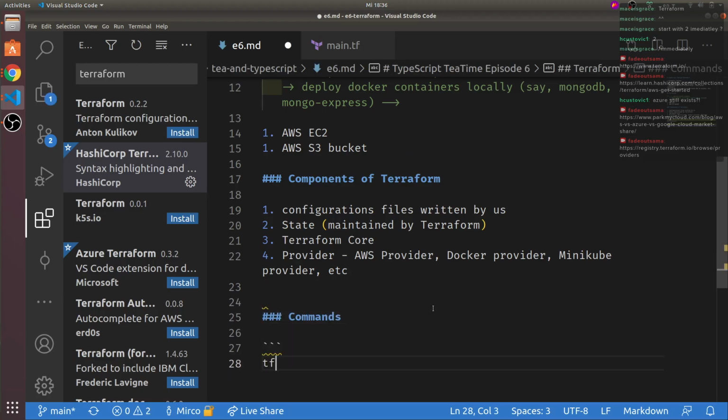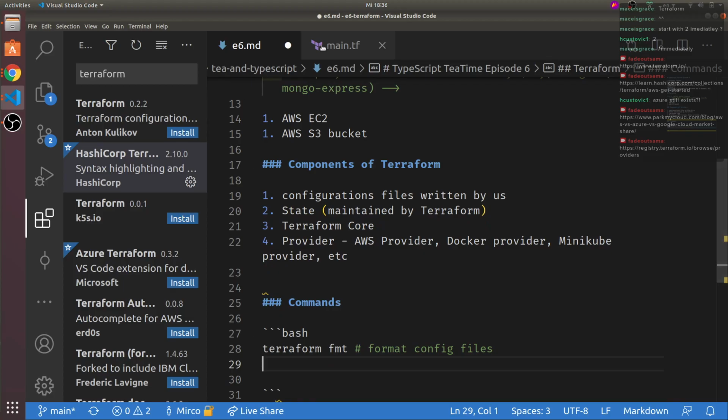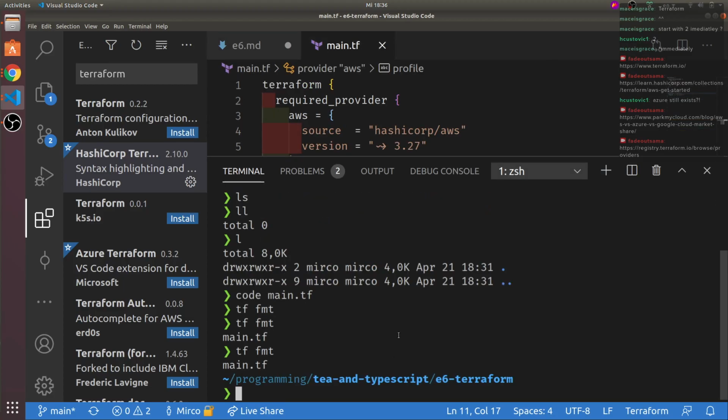We have terraform format, the context, rewrite, bash, like so. Then rerun terraform init.